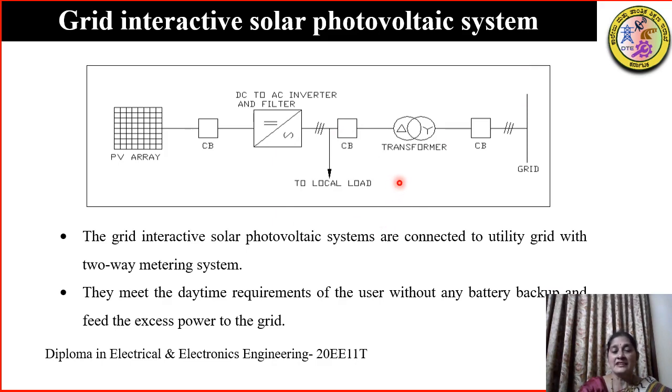There is a net metering system which will measure how many units have been supplied to the grid during daytime, and during night time, whatever units are taken by the consumer for his use is also recorded. Thus, metering takes place both ways and the consumer has to pay the net bill. But the consumer will have to pay the fixed charges fixed by the utility company monthly, so those charges continue to be paid.